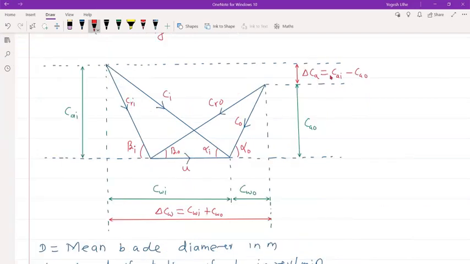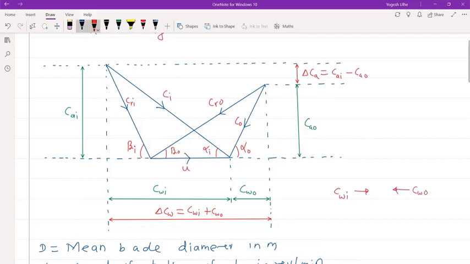Guys, if you look here, delta CA is a difference. But why here is it positive? Here it is a difference, CAI minus CAO, but here a plus. Why is it like that? Guys, try to see my point. What is the direction of CWI? CWI direction is this direction. And what is the direction of CWO? Opposite.